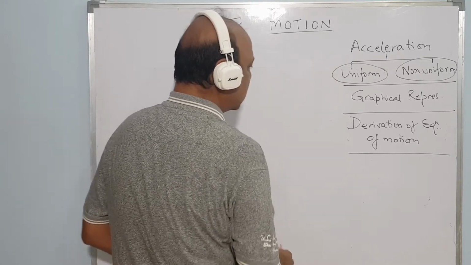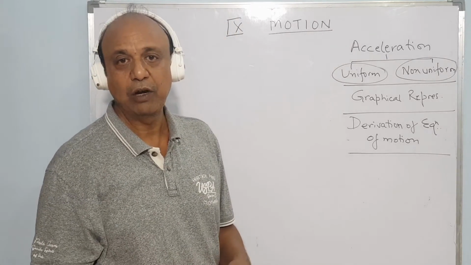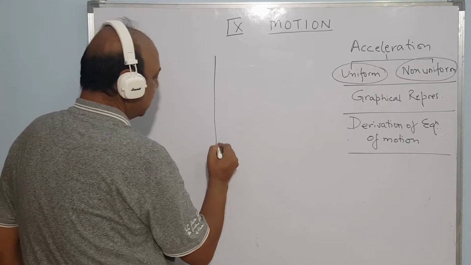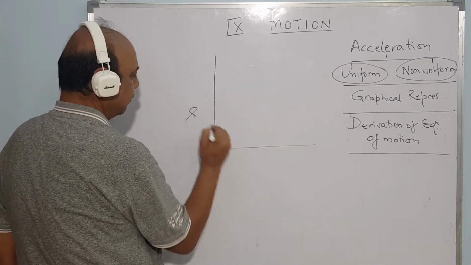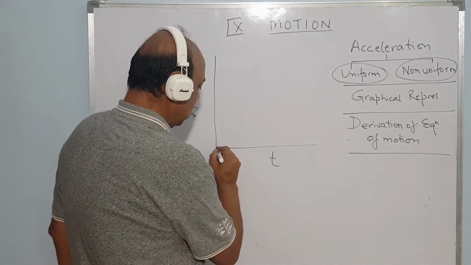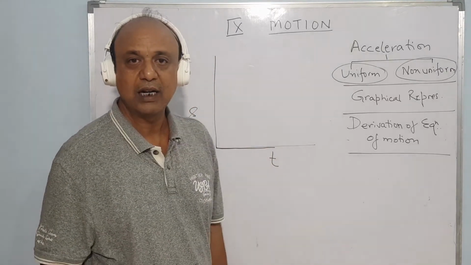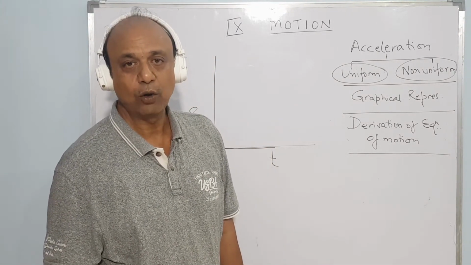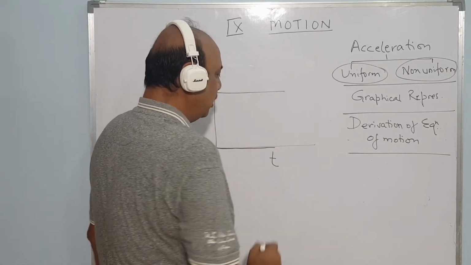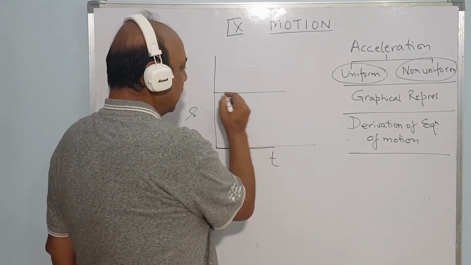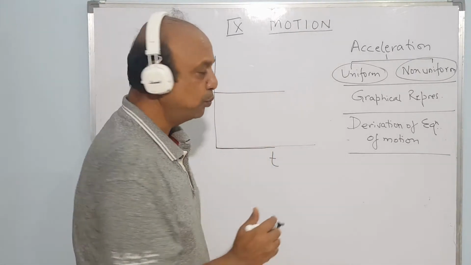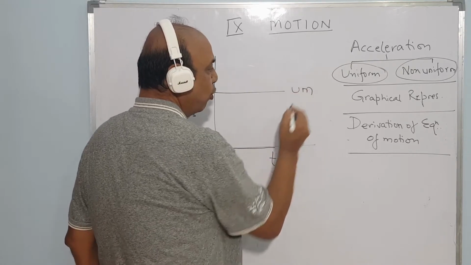Now let us move on to the next graph, and now this graph is important because we will be deriving all three equations of motion from this graph. This is the speed time graph. Now, speed time graph, if it is on this time axis, what does this indicate? That speed is 0. That means the object is at rest. If it is a line parallel to x-axis or time axis, then what does this indicate? It indicates the object is traveling at a uniform speed. That means it is a uniform motion.